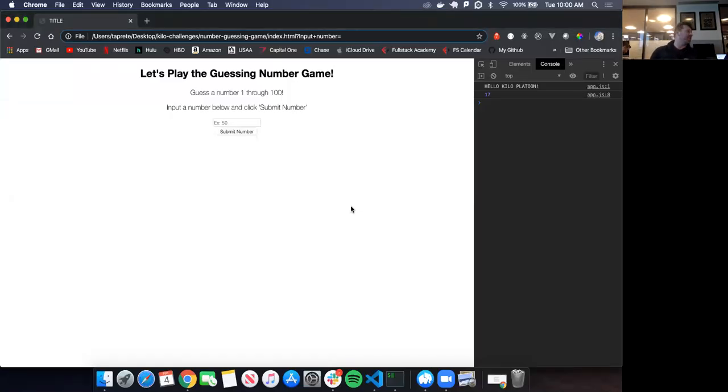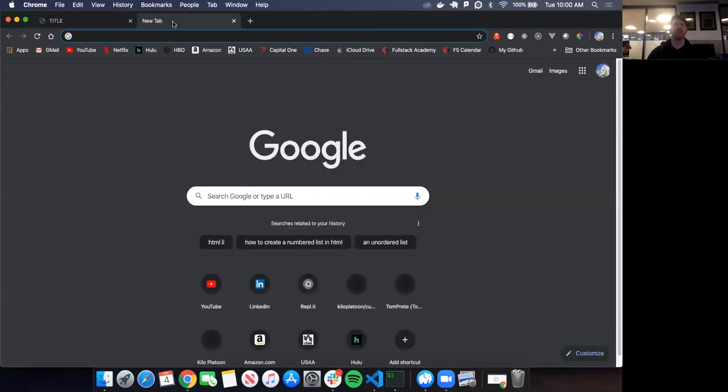So I've been referencing this thing called the DOM. What does the DOM stand for, Jonathan? Document object model. Okay, perfect. So the document object model, essentially when a web page loads in HTML, CSS, the web browser breaks it off